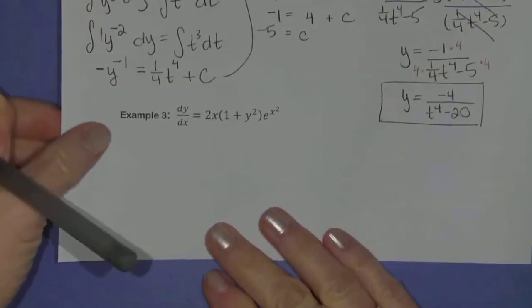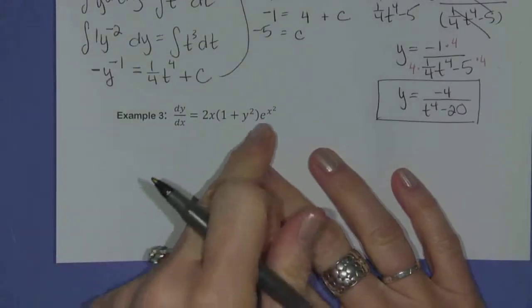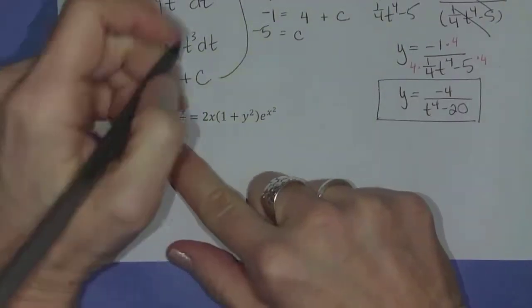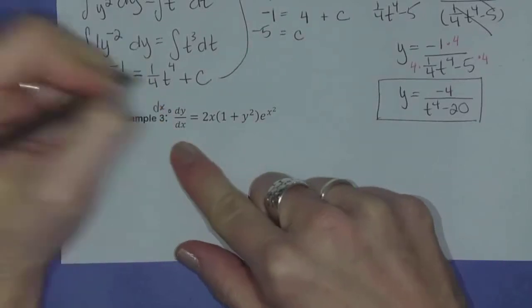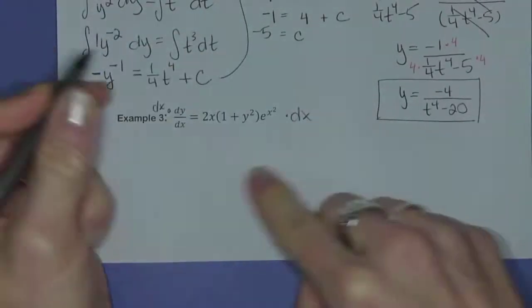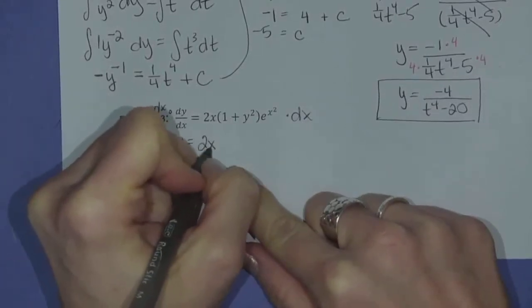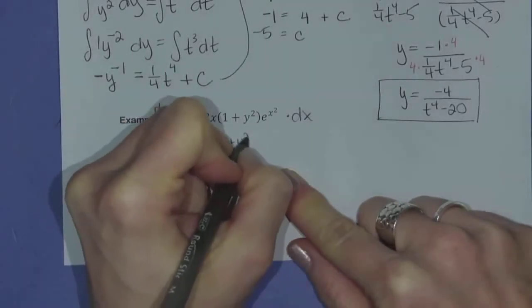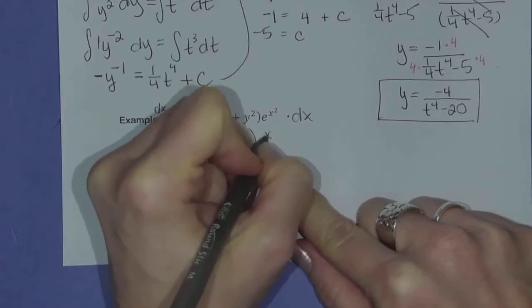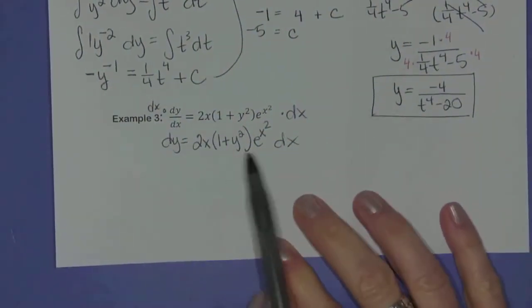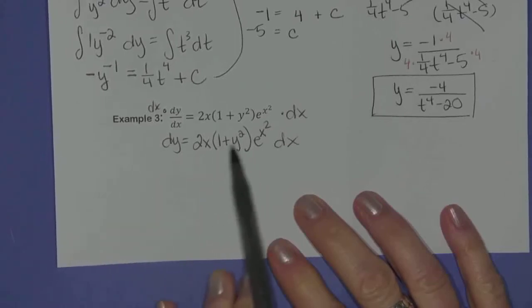Okay, moving on to example 3, just cruising right through here. We've got a lot going on here, so let's just start by separating our variables. Let's multiply both sides by dx, which will give us dy equals 2x times 1 plus y squared e to the x squared dx. And now I want to get my y to the left, so I'm just going to